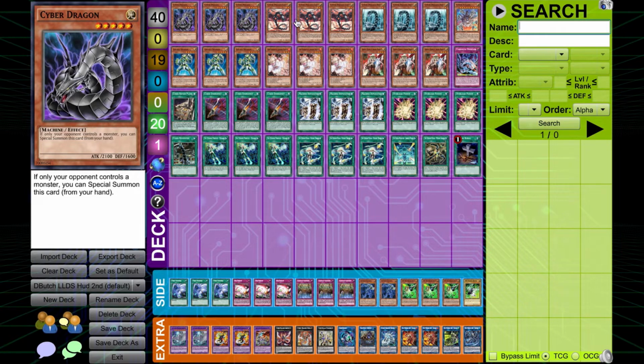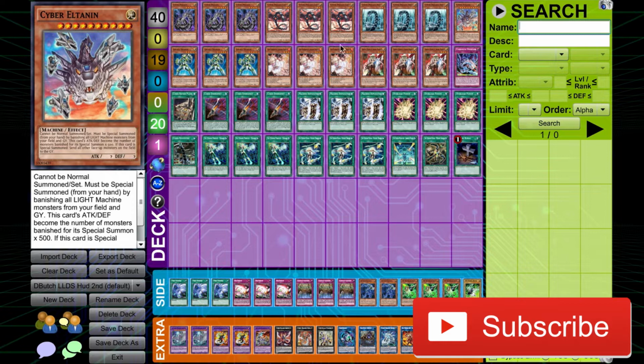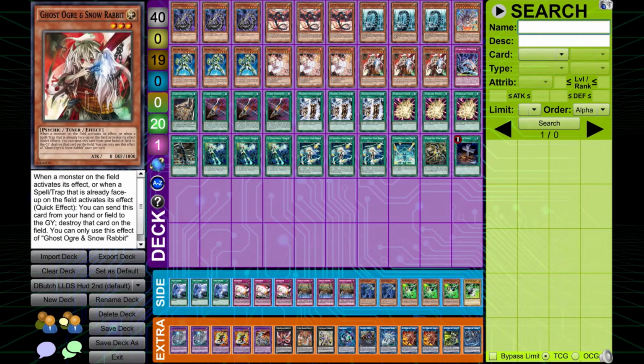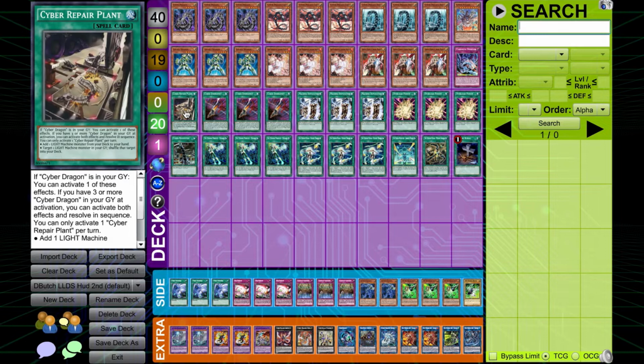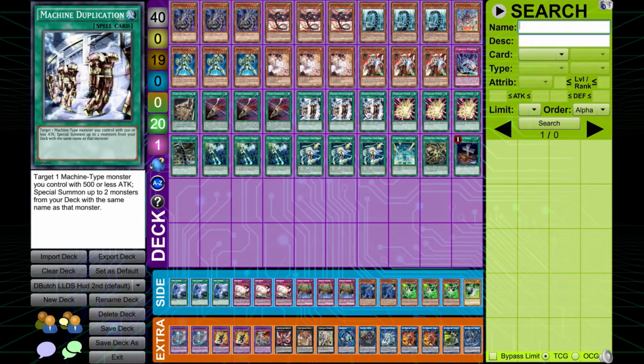So we have triple Cyber Dragon, triple Core, triple Hertz, which I believe is pretty new, one Eltonin, triple Galaxy Soldier, triple Ash, and triple Ogre as the hand trap options. Then we've got one Cybernetic Overflow. This is pretty cool, it allows you to pop multiple cards. Then one Repair Plant and triple Emergency as the searchers, triple Machine Dupe, everyone knows how this works with Core,